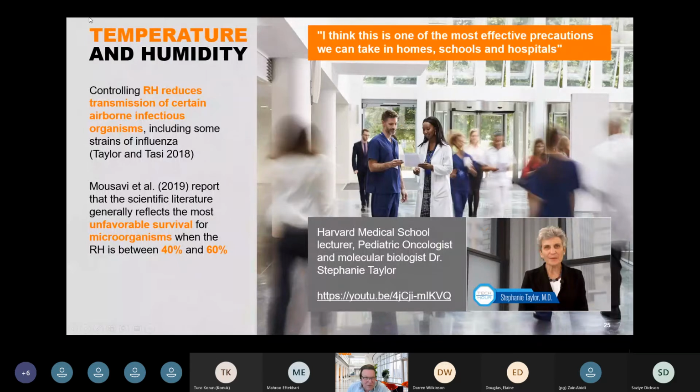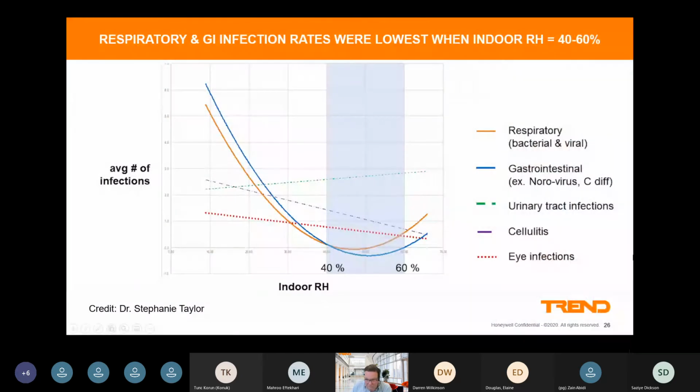I mentioned temperature and humidity. Typically in the UK, we'll sit at 21 degrees C, 50% RH. We've always had limits on temperature sensing devices. If it goes to a high limit or a low limit, we can flag an alarm. We can change the colour of an indicator from green to amber to red, the same as I showed you on that air quality sensor. It's been proven that between 40 and 60% RH is less